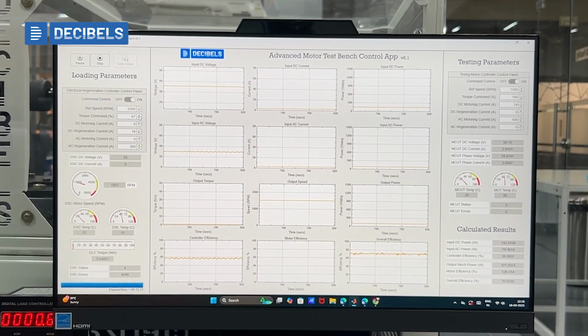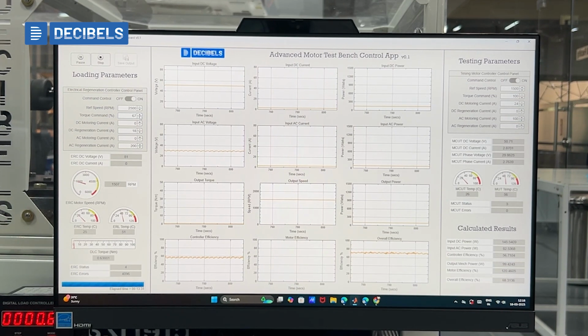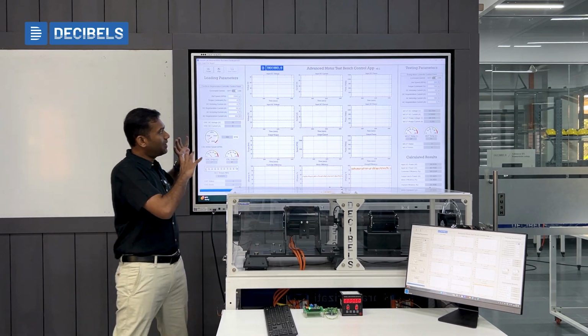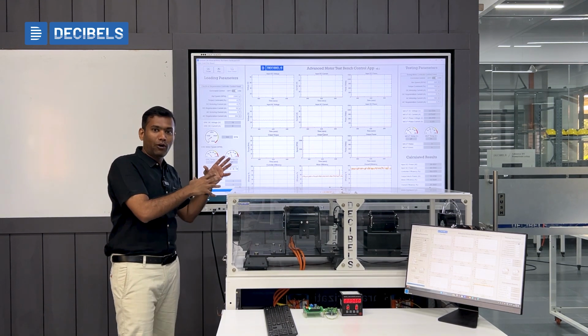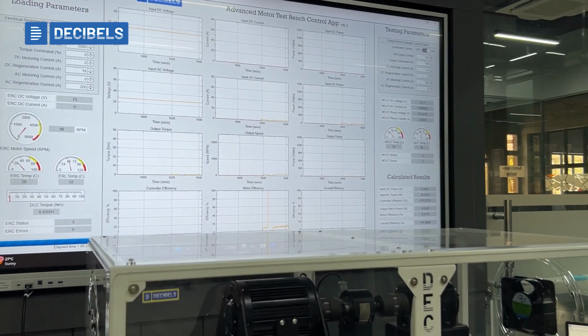It can be the motor input voltage, the input current, the DC power, and also the input AC voltage, the AC current, and the instantaneous AC power, and also various other parameters such as the output torque, output speed, output power, and also information derived from all of this, which would be the controller efficiency, the motor efficiency, and the overall system efficiency. So in this way, the test setup gives you very insightful information where you'll be able to perform a lot of test cases. So let me quickly walk you through a simple option to run at different